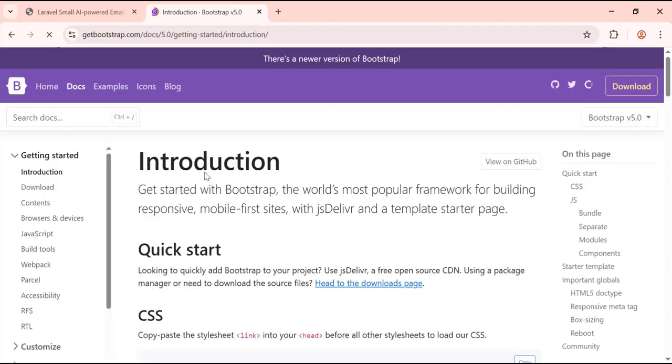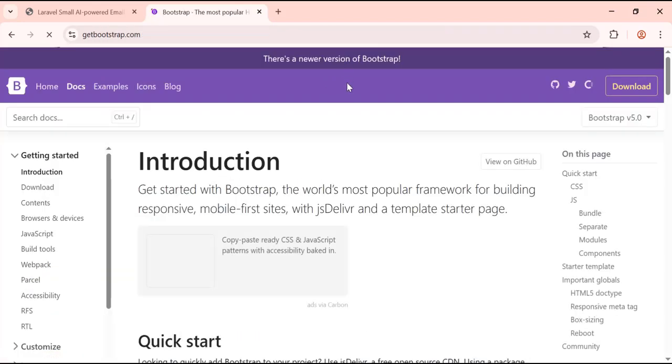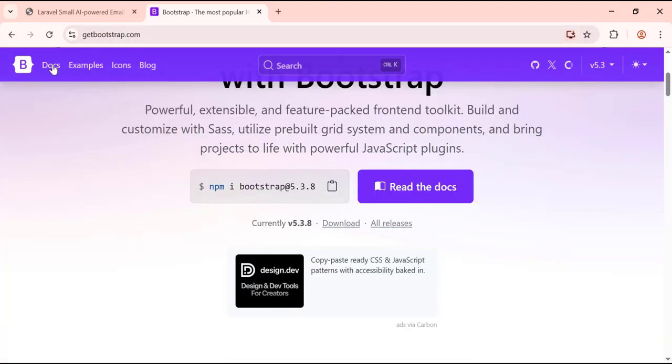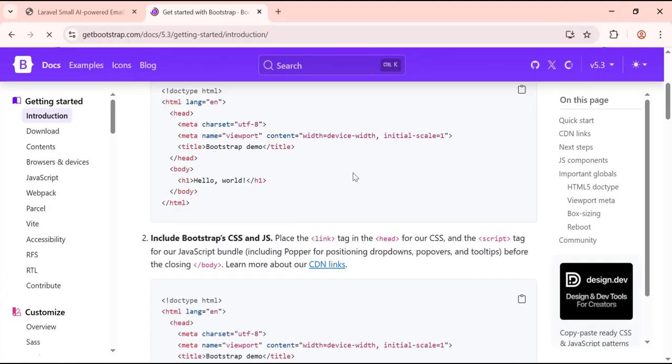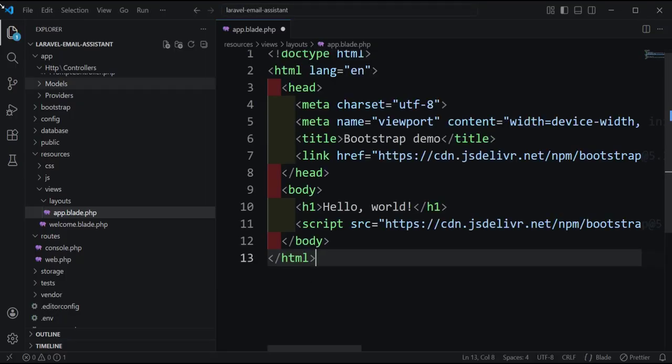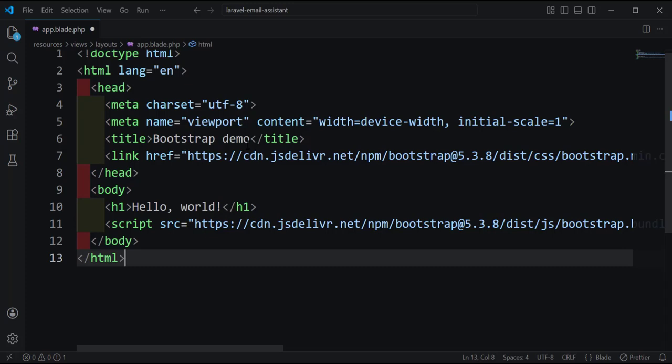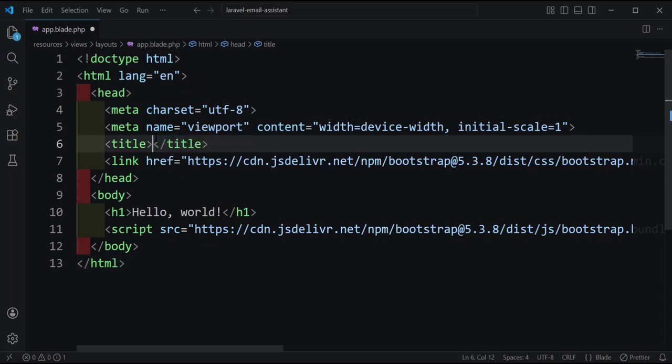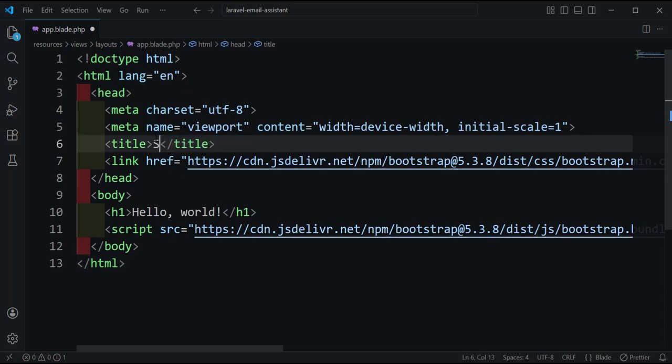Okay, let's move to Bootstrap, and here we can copy this part and paste it here. Here we have the title, we can change it, for example, to small AI powered